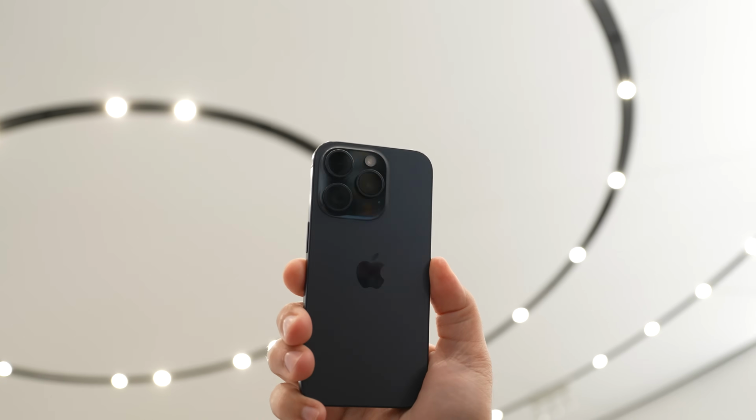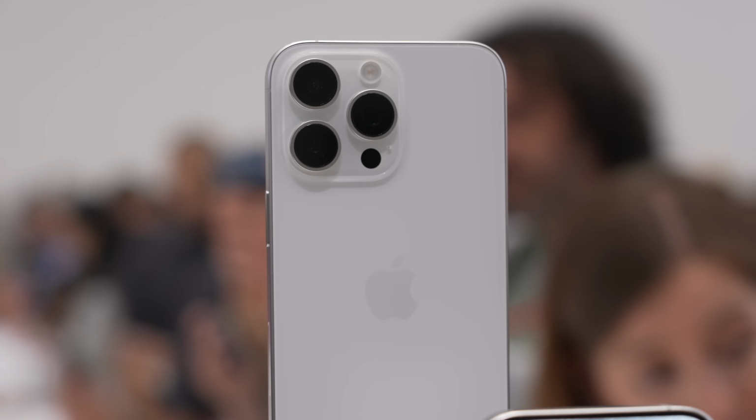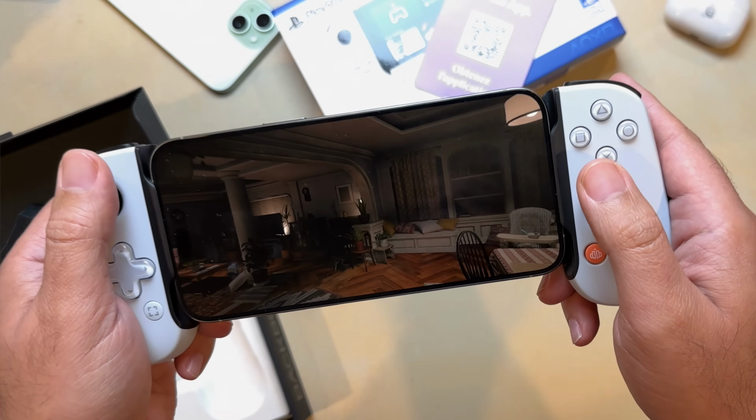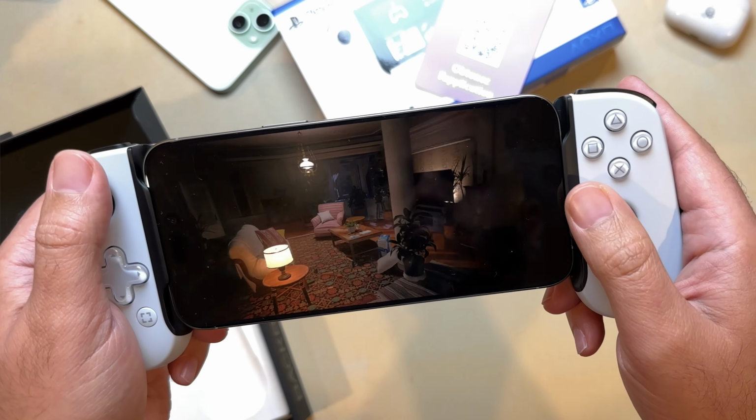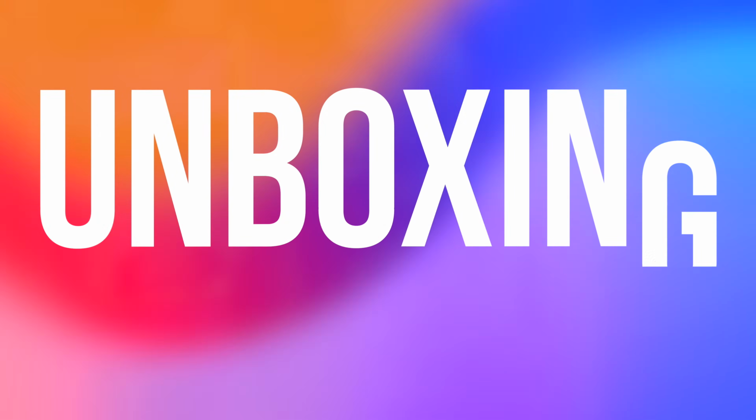We're talking advanced technologies pulled straight from aerospace engineering, cinema-grade filmmaking tools in your pocket, and even console-level graphics power on a phone. With the iPhone 15 Pros, Apple is taking smartphone tech to the next level, and I explain the top 5 features of the iPhone 15 Pro and Pro Max in this video, but let's get started with